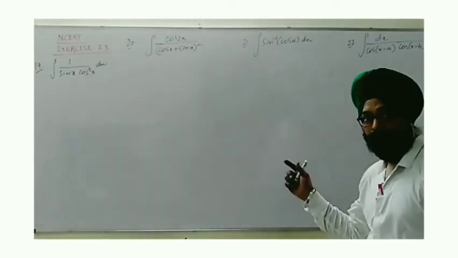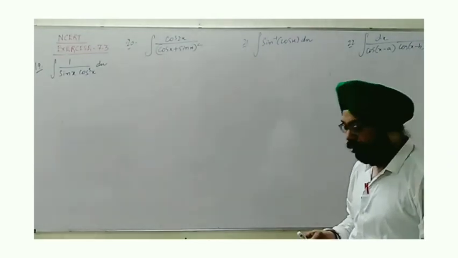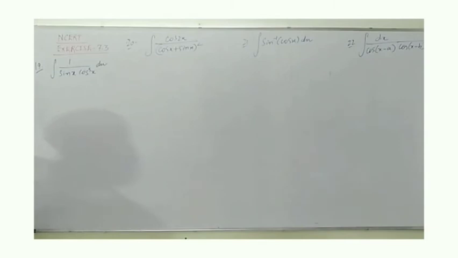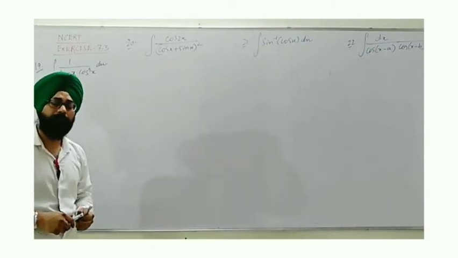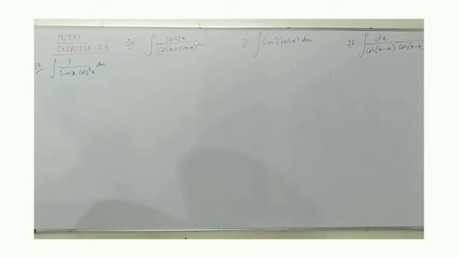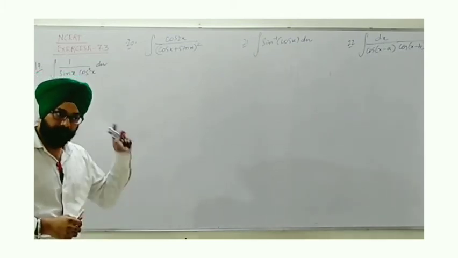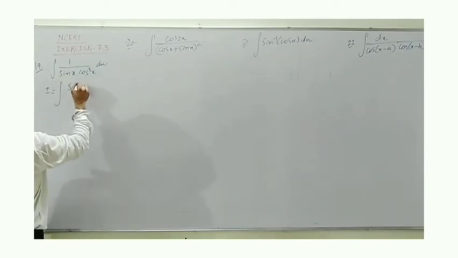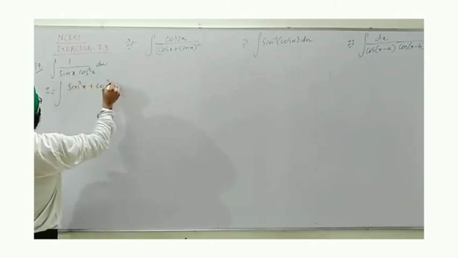Now this is the last group of questions from this exercise which we are going to solve. Actually, like this first question, if you have seen previous modules, when I introduced the concept of using trigonometric identity, this method I have already used there. The same thing I want to remind, that's why this question was selected. What was that? I said whenever sin and cos with small powers are given in the denominator and the numerator is 1, we can try one method. One can be written as sin square x plus cos square x